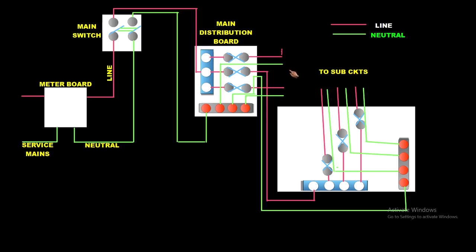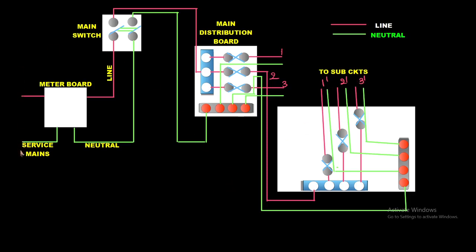Next, the second one, and next, this is the third one. These are the three circuits we have shown here. So whenever you have 1, 2 and 3, these are connected and given for the sub circuits. Here also you will have 1 dash, here 2 dash, and here 3 dash.